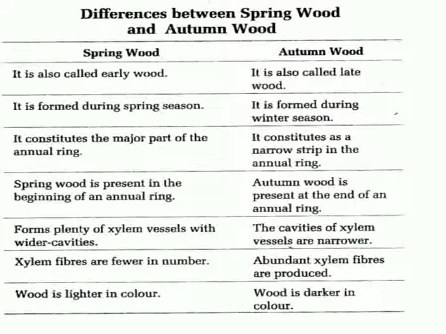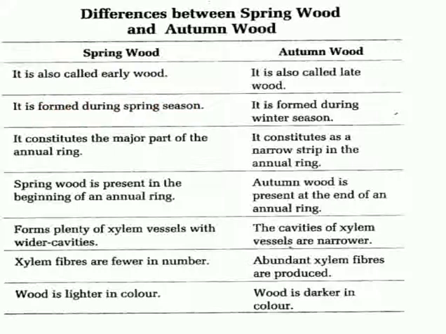The activity of the cambium is under the control of many physiological and environmental factors. In temperate regions, the climate conditions are not uniform throughout the year. In the spring season, the cambium is active and produces a large number of xylary elements having vessels and wider cavities. The wood formed during this season is called spring wood or early wood, because it occurs during the spring season.